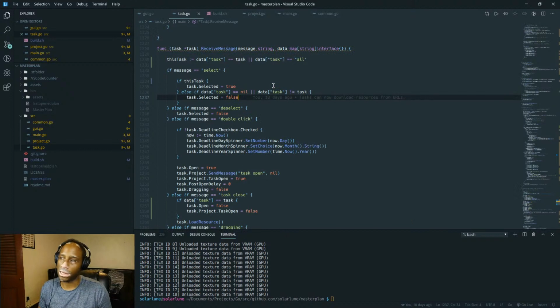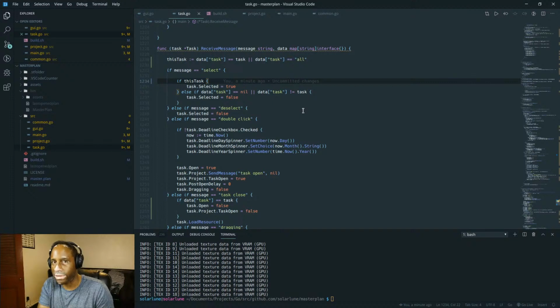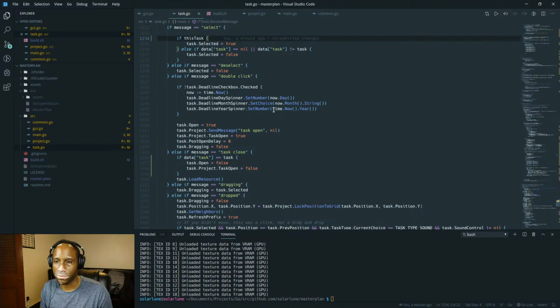That way I don't have to loop through and see if you're the task that should have been selected, and select it if so and not if not. I can leave it to the task and just say, hey everybody, I'm selecting these three tasks, and all the tasks ask, am I that task that was selected? If not, then I'm not selected. It's an easier, generalized viewpoint, rather than directly pointing to a specific object or set of objects. You can just say, hey everybody, this is the one we're dealing with, and they can all deal with it as they want to.